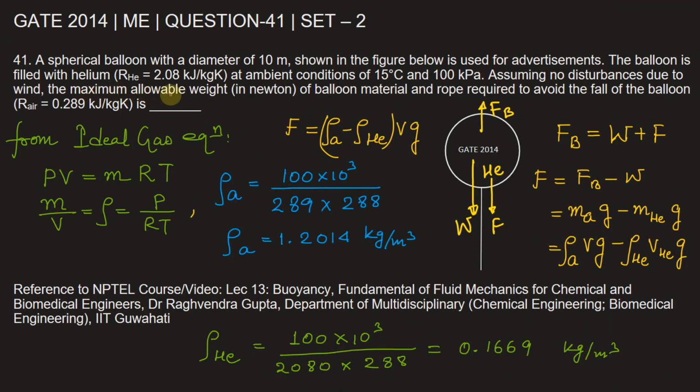Okay, so let's fill in the blank. Therefore, the maximum allowable weight of balloon material and rope required to avoid the fall of the balloon is 5313.71 Newton. For more information, you can refer to the NPTEL course, lecture number 13, Buoyancy, on Fundamentals of Fluid